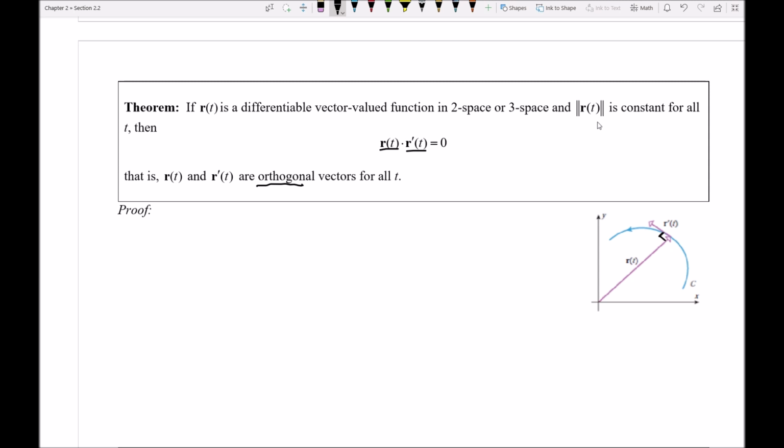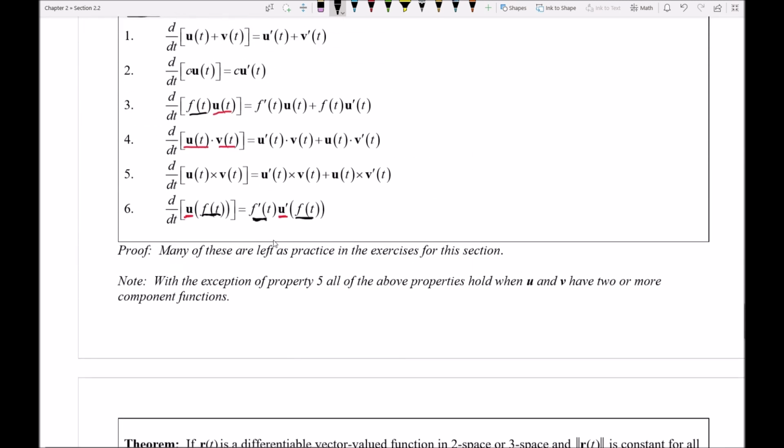All right, let's take a look at how this would actually work. How do I know this is the case? Well, I'm actually going to make use of a property that we just finished talking about. So I'll say here that by property 5 in the above theorem, we know the following. I'm going to think about how I can take the derivative of r of t dotted with r of t. So notice I'm doing a dot product here. And that is exactly what property number